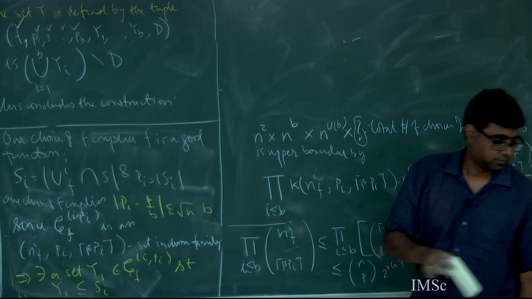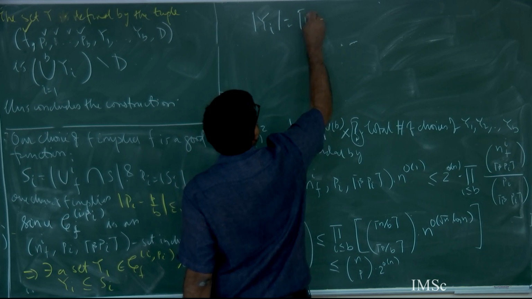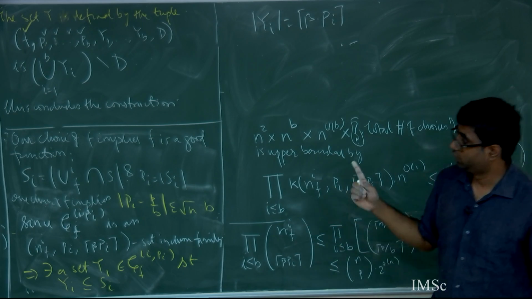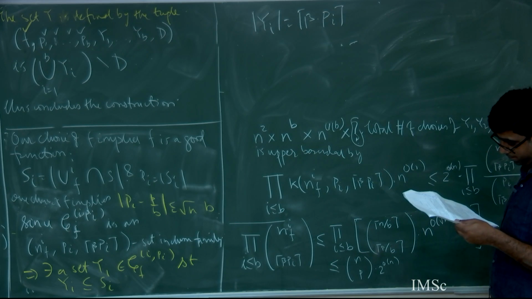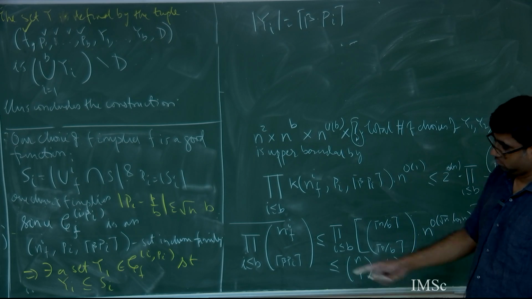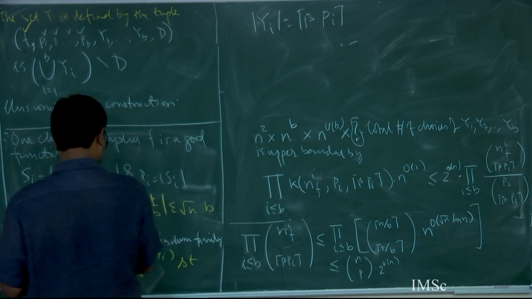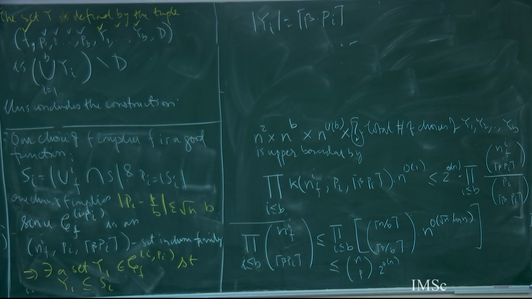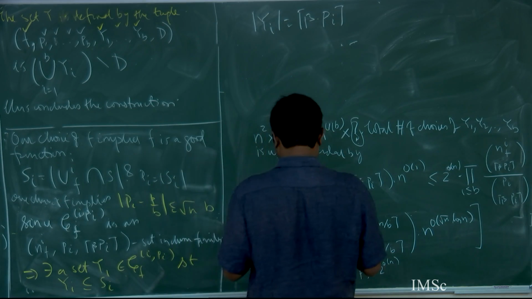And what is the size of yi? The ceiling of beta times pi. This is what I said, if you recall. Yes, this is what I am constructing, right? So now I'm going over all sets in yi. So let's fix those yi's. So for this happens, let's fix these tuples. This also will be enumerated in particular. Okay, fine.